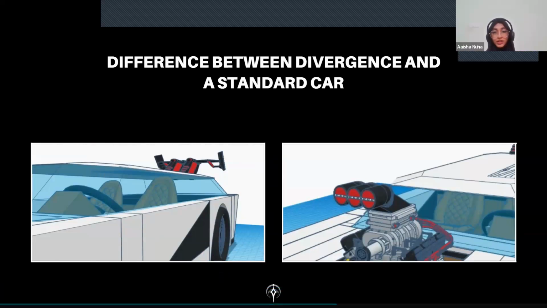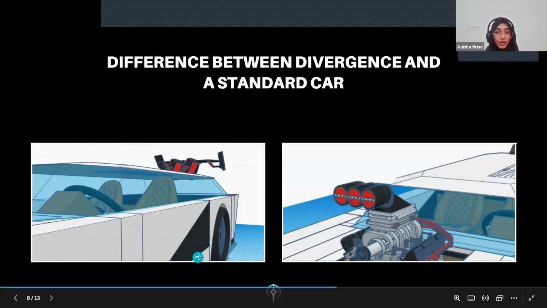The Divergence hybrid car differentiates itself significantly from both a standard electric car and a standard internal combustion engine car. So here's a breakdown of the differences between the Divergence and each of these types of vehicles. So let's compare the Divergence to a standard electric car. Now the powertrain. The Divergence combines a gasoline engine with an electric motor and battery and can run on both gasoline and electric power, while the standard electric vehicle relies only on electric power using a large battery to power an electric